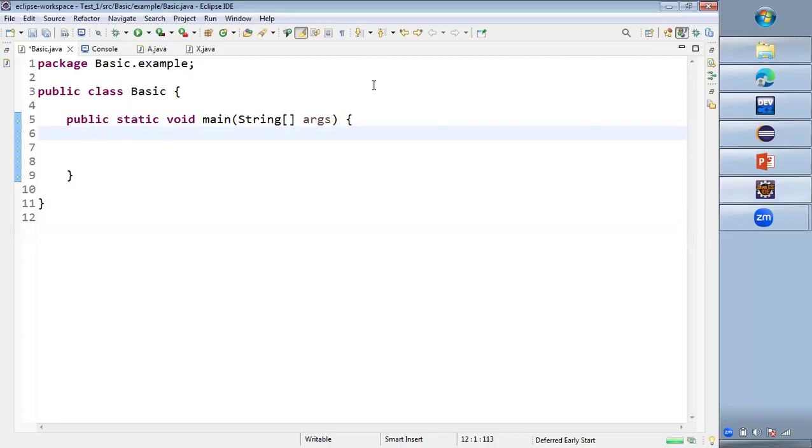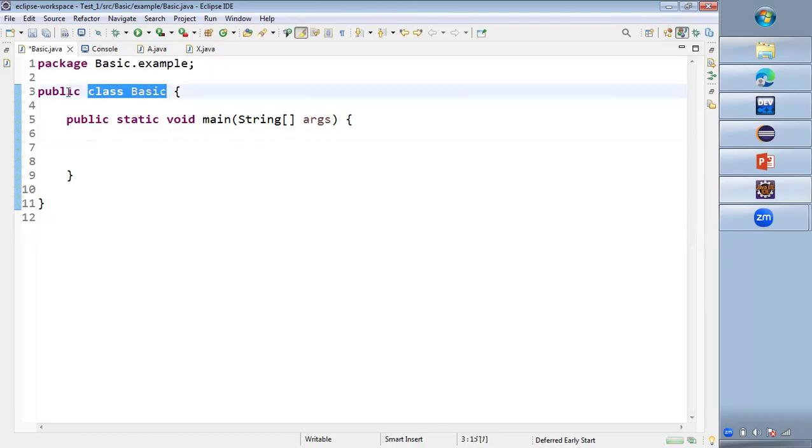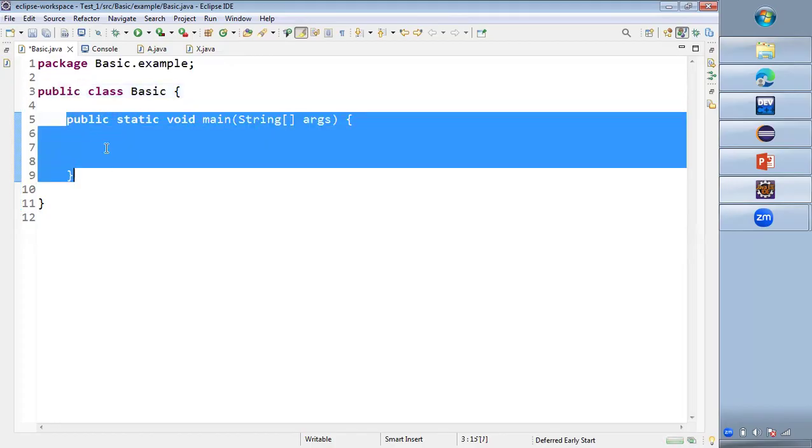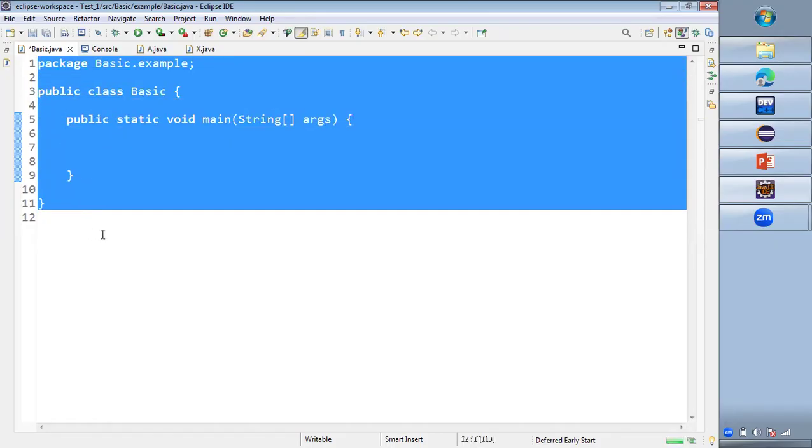So on the screen, you can see a file by name basic.java. In this file, we have a package basic.example. And under this package, we have a class basic, which is declared as public. In the same class, we have the main method, which is declared as public static void. And this main has the command line arguments, which are of type String by name args. So this is the basic structure of a Java program, which is created by default whenever you create a Java file